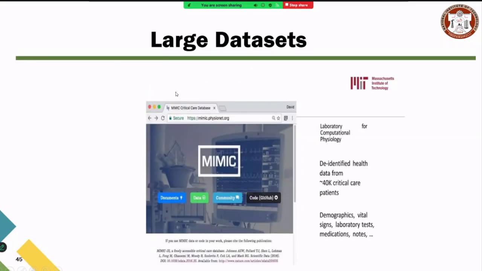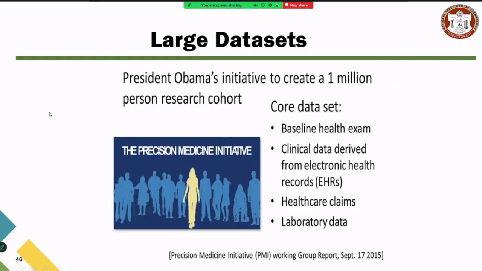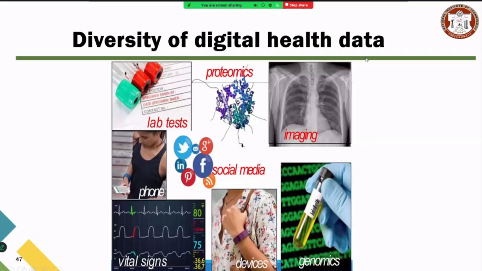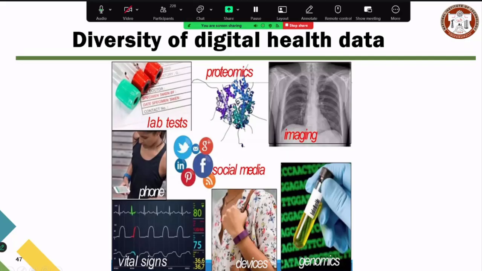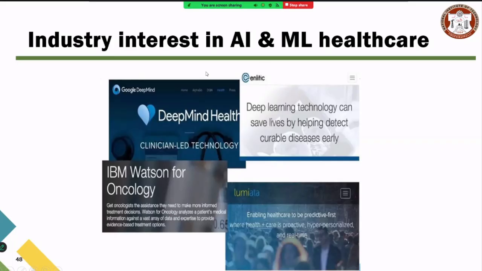It's a large data set. Obviously, we'll go for deep learning aspects. And you see this, even that is in a survey, President Obama's initiative to create a 1 million person research cohort, the core data set, baseline health exam information. Even you see this diversity of digital health data set. How do we label the lab tests, social media information, imaging, videos, and genomic and everything. And industry interest in AI and ML healthcare is booming up, and they have come up with a